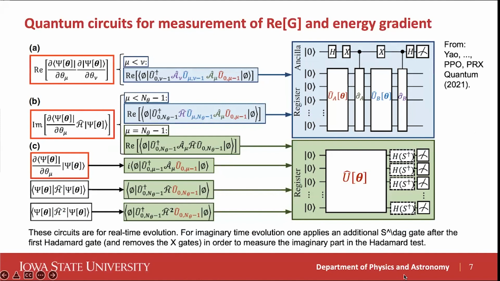So it's already over there. Let's look at that first part here. This is part of the Fubini-Study metric, if you remember. In order to measure this, if I translate that into an expectation value, it's something like this, where you have to take the derivative with respect to parameter theta nu, which brings down this parameter at some point. So you're applying the U's from 0 to mu minus 1, then you bring down.